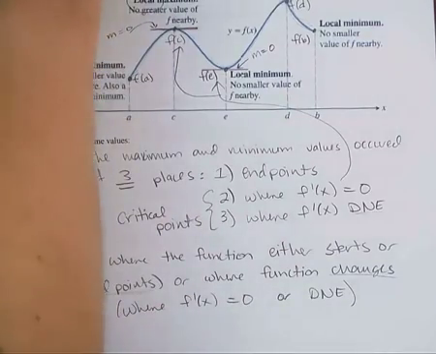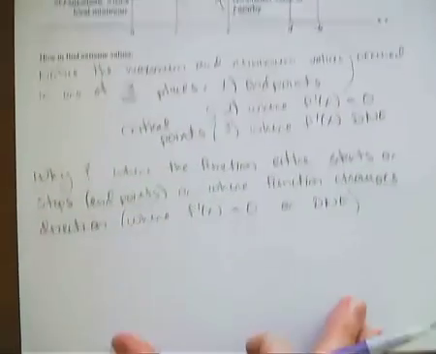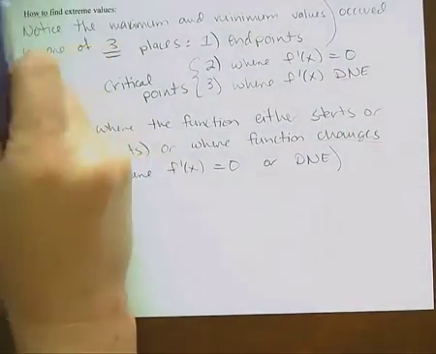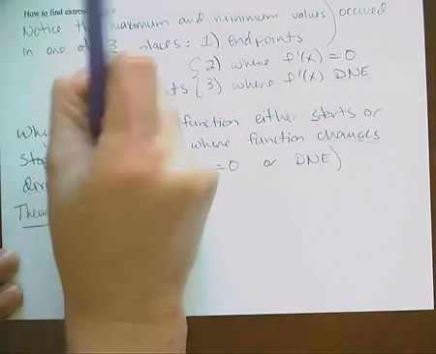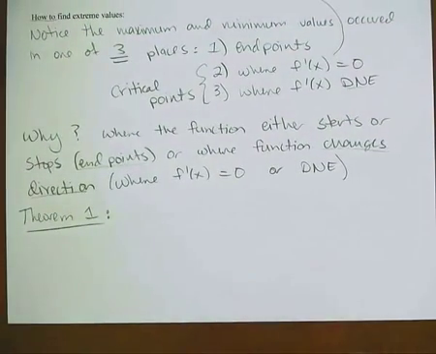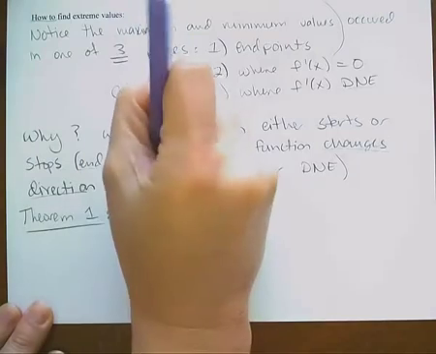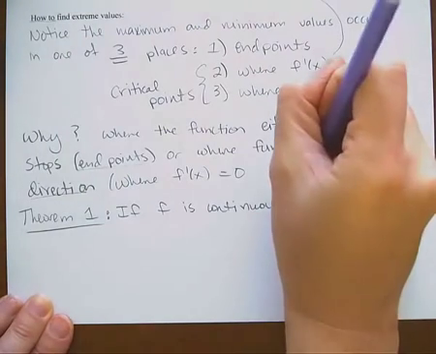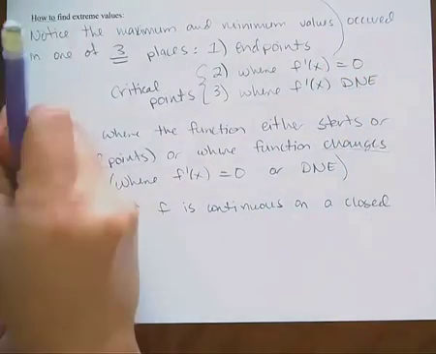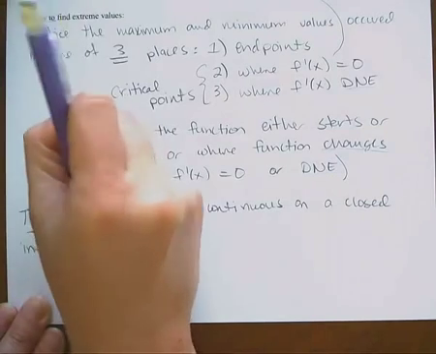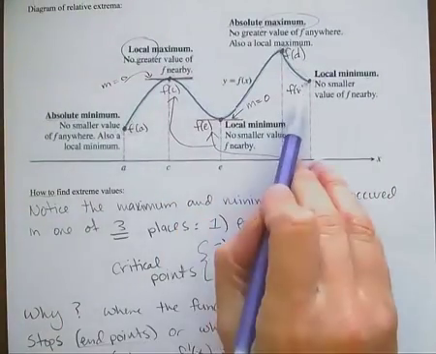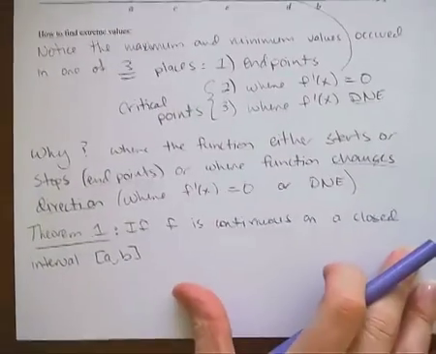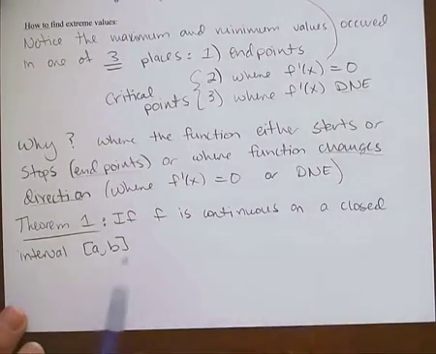Now there's 2 theorems that sort of go along with this. And I'd like you to write them down here because these are important. We need to have all the details in order to do these problems effectively. The first theorem is that if f is continuous, meaning it's connected, all the values are connected on a closed interval, meaning that I'm including my endpoints. So closed interval from a to b, which is similar to what I have up here, because these endpoints are included in the function itself. So if f is continuous, meaning connected on a closed interval from a to b,